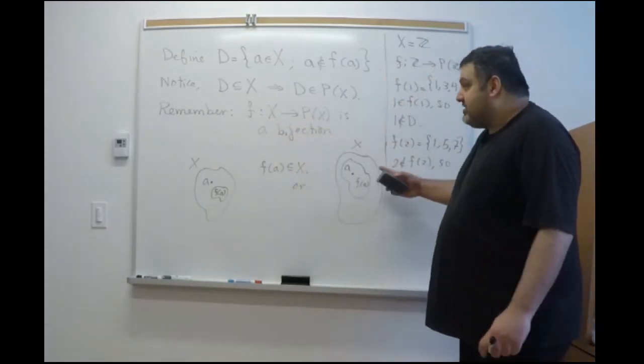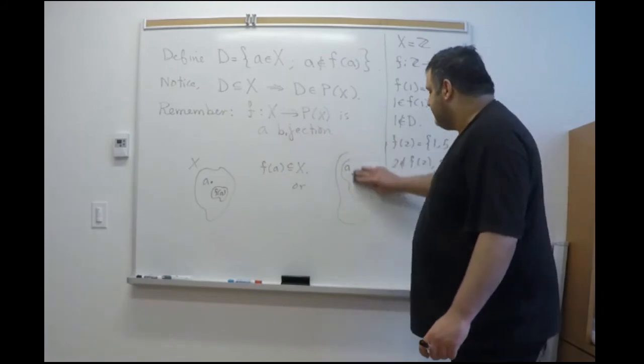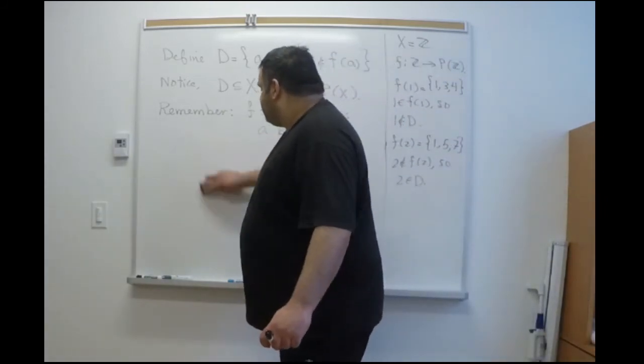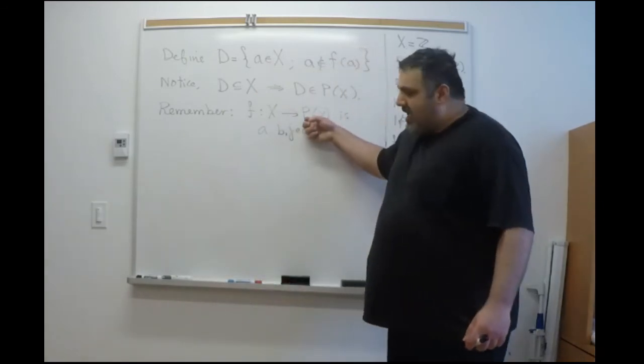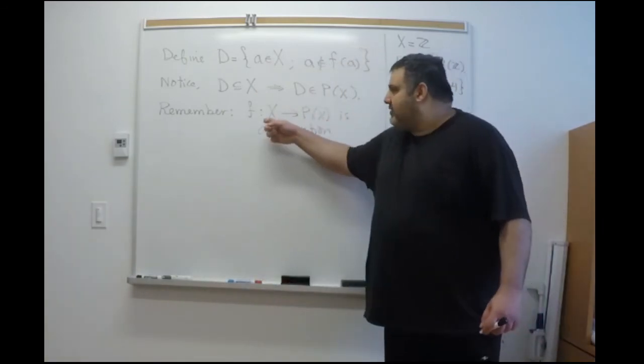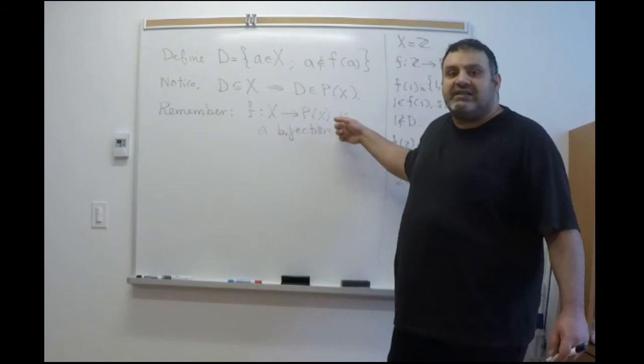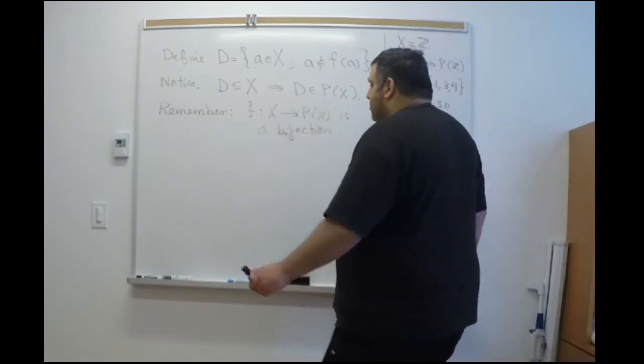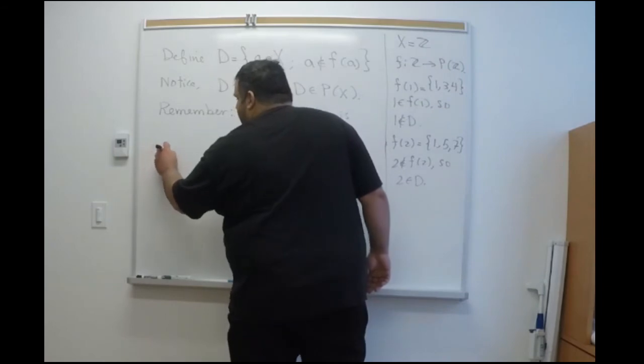In particular, it's surjective, which means what? It means if I pick any element in the power set of X, I have to be able to find an input that goes to that element. Well, D is an element in here. So since f is surjective,